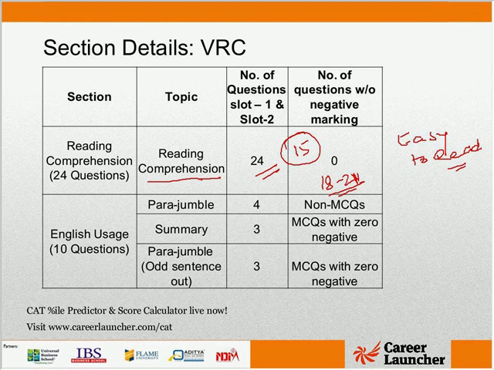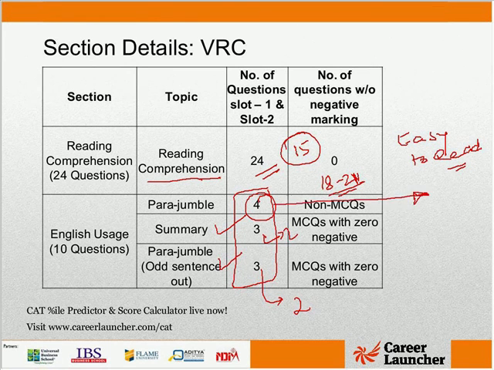Out of these 10 questions, summary and odd statement were not difficult. But I'm sure even if you attempt all 3, you'll get at best 2 right. And summary also, by and large, people tend to, while some of you will get all 3 right, maybe about 2 would be right here. Out of the 4 parajumbles which are there without the choices, out of these 4, your attempt is likely to be 2 because a couple of them were difficult.